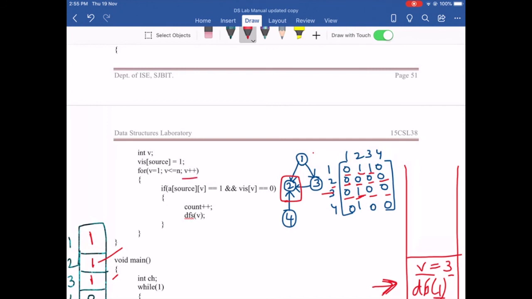So v needs to be incremented again. So v becomes 4. Now in this case, the source is 1. As you remember, whatever was passed to the DFS would be the value of the source. So source value is 1. Now from 1 you are going to check, can I actually visit the node 4? When you check this, it means that it is 0. So this condition fails. You will not be able to reach node 4 from node 1. So there is no edge.